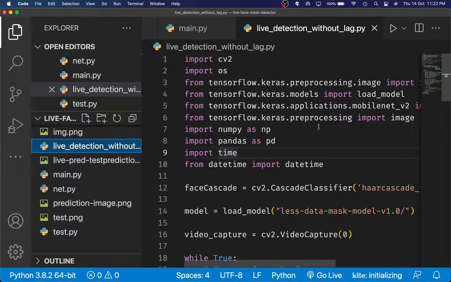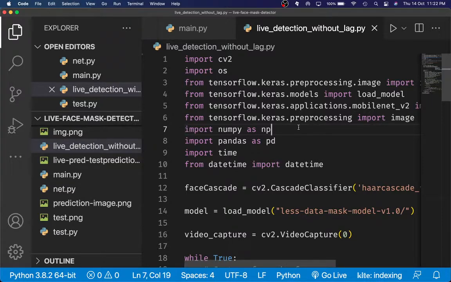One thing I wanted to say before I show you the demo and walk you through the code is that this model isn't that accurate. The reason is not that I couldn't come up with a good model architecture. I actually came up with one, and I even tested it, and it turned out to be really good. But I couldn't test it on my local machine. I had to run it on Google Colaboratory and check out my predictions over there.